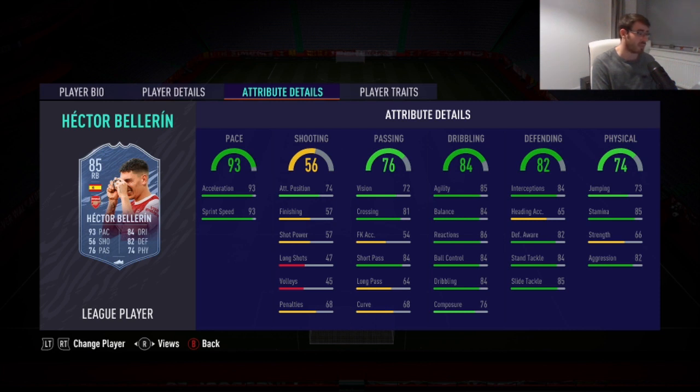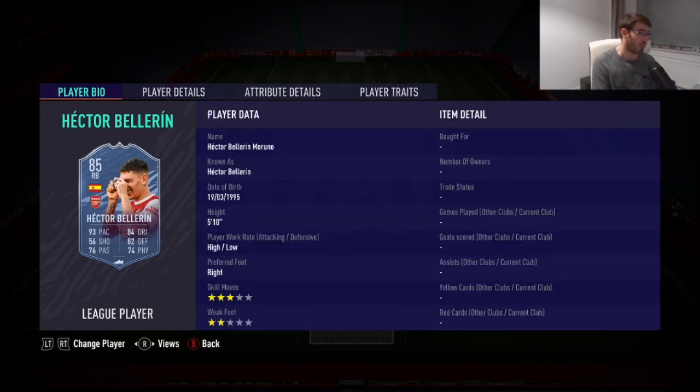If I was to get a chem style applied to him, it would definitely be to try and get up his passing and maybe his strength a little bit more. I'm not too sure exactly what chem style does that. Is it Powerhouse? Or does Powerhouse do passing and defending? I feel like Powerhouse does passing and defending. So I'm guessing there must be a chem style that increases both passing and physicality. Maybe the Architect chem style does that. I'm not too sure, but any chem that increases his passing and his strength would be the one that I would opt to go for. But on the whole, it's a great